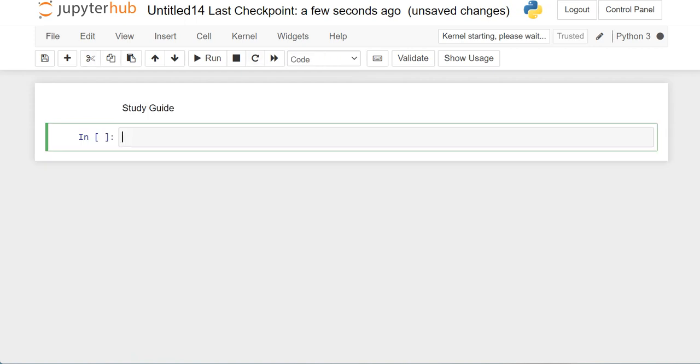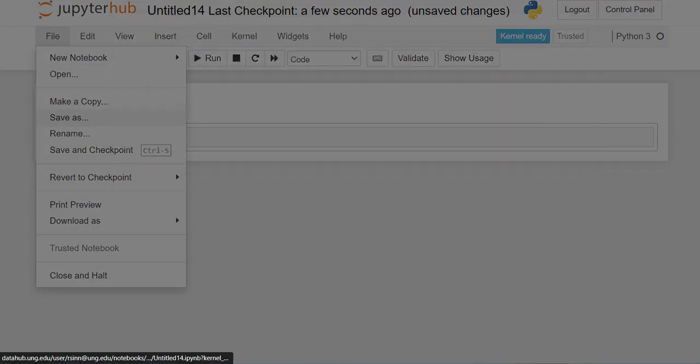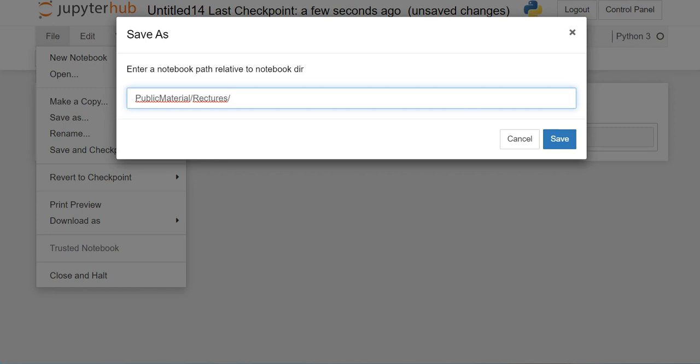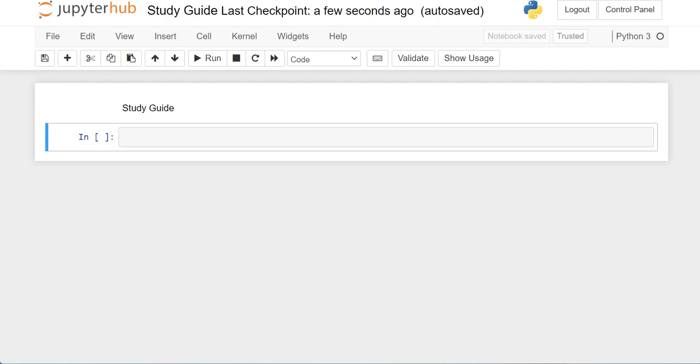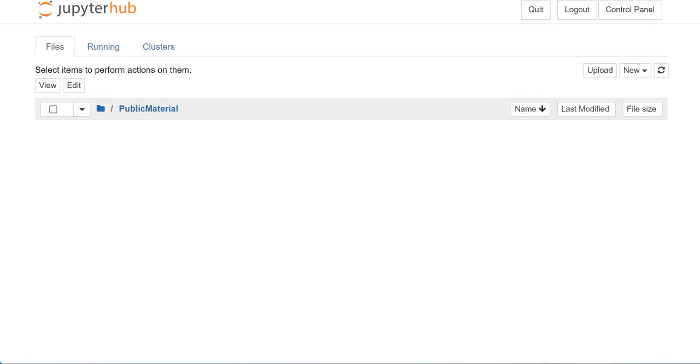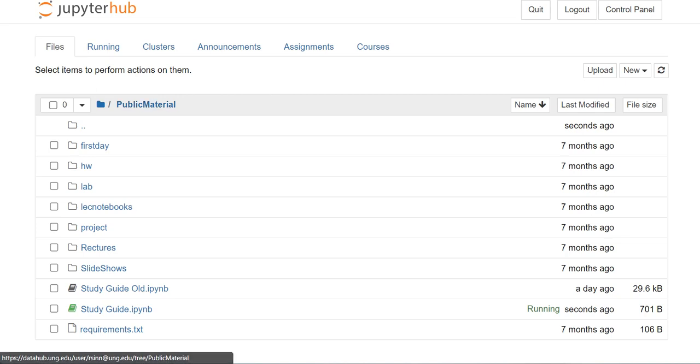Okay, so I want to do file, save as. Why? Because it brings up this directory, and I'm allowed to save it as a study guide there, and this will save it in that directory, public material. Save. Okay, so now just to show you, if I go file open and then make sure that I click on